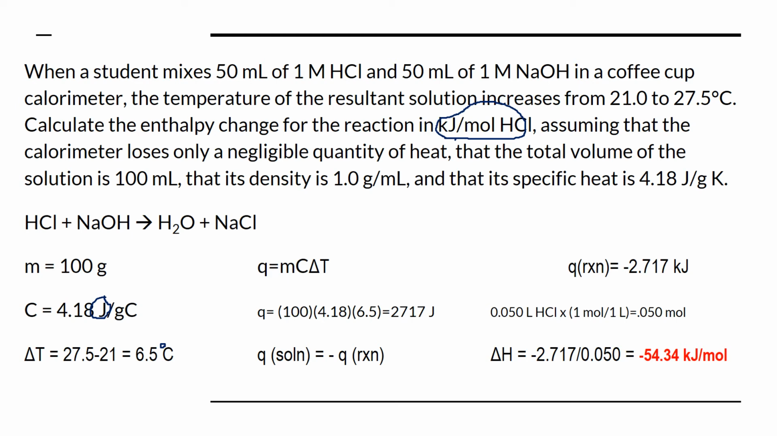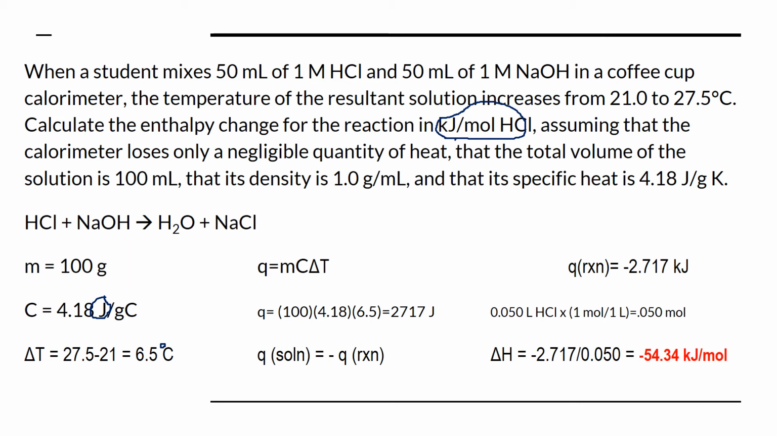So from there, we have to convert our mLs of HCl to liters. So we have 50 mLs. I converted it to liters so I could use molarity. 1 mole per 1 liter equals 0.050 moles, because our delta H needs to be in kilojoules per mole. So our kilojoules is negative 2.717 divided by the mole amount, 0.050, gives us a final answer of negative 54.34